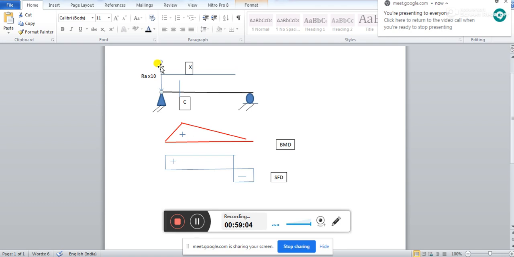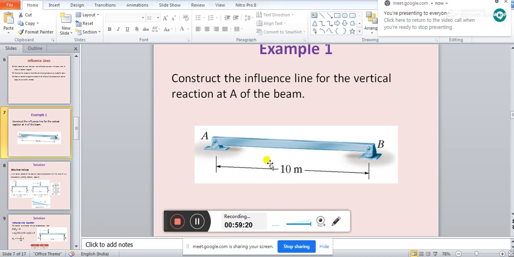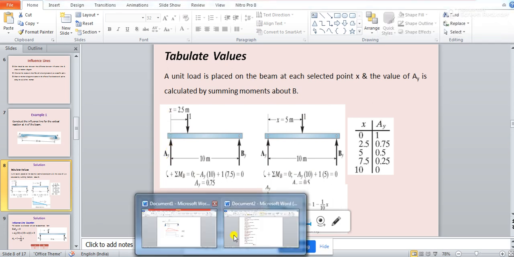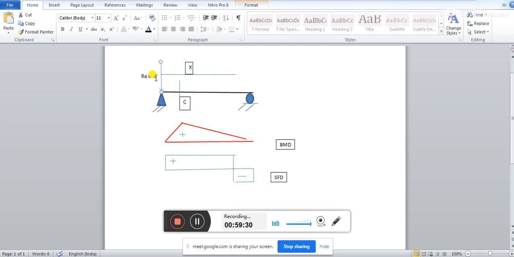See, you are putting this load over here. So if you want to take moment about B, what will be the moment about B? Reaction at A into 10. This distance is 10. So what will be the reaction at A? RA into 10, and this load is 1. So RA into 10 minus 1 into